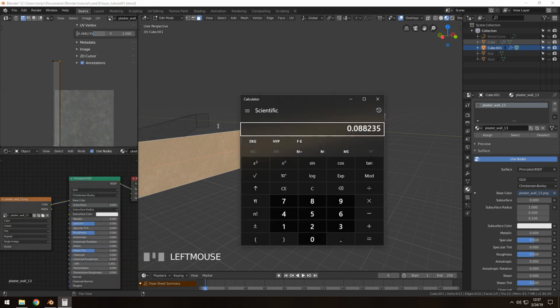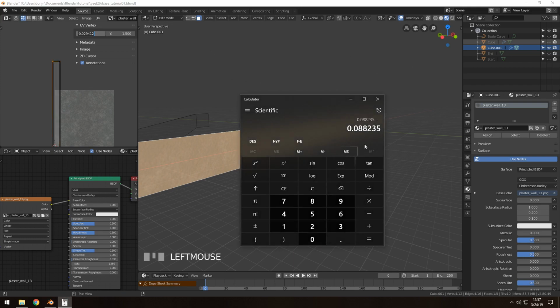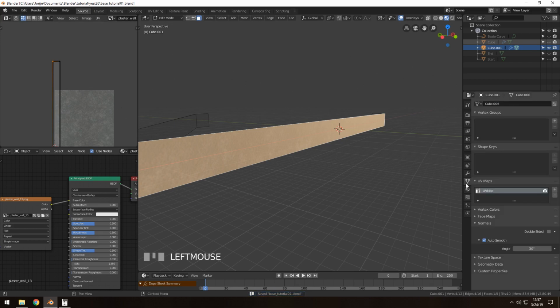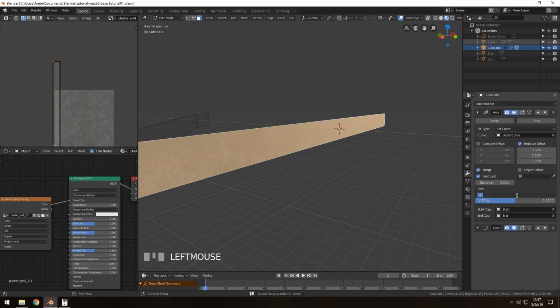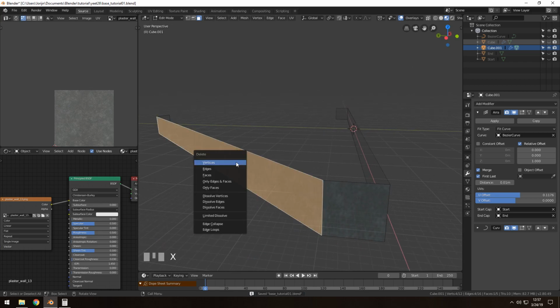Take my calculator. Minus the other X value, which is a negative number, so it's plus the positive version. And then I get this number, and I copy that. It needs to be 1 or less. That's the limit of the UV offset thing in the array modifier, unfortunately. And I paste that there. And now I'm going to delete this extra face